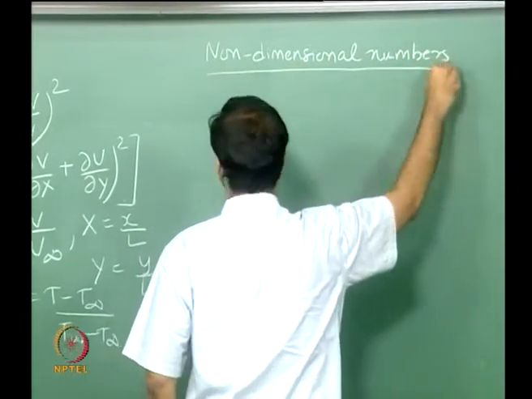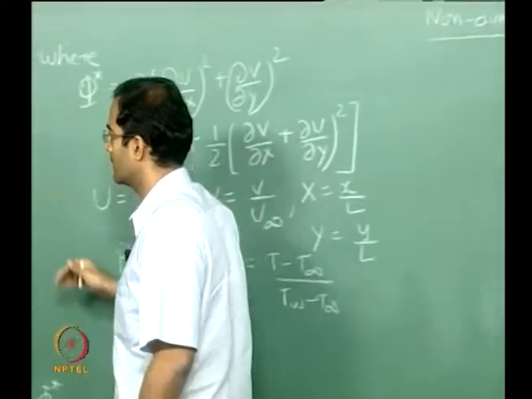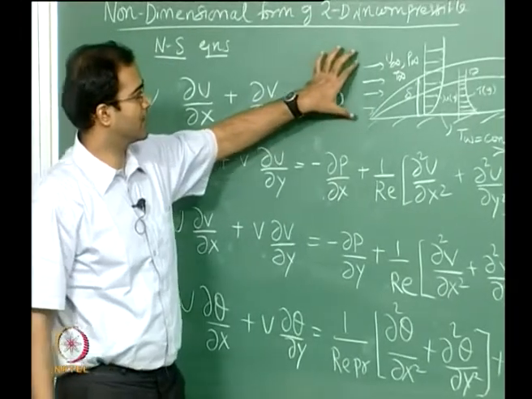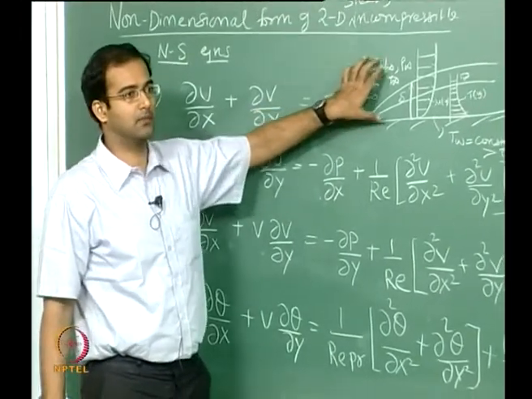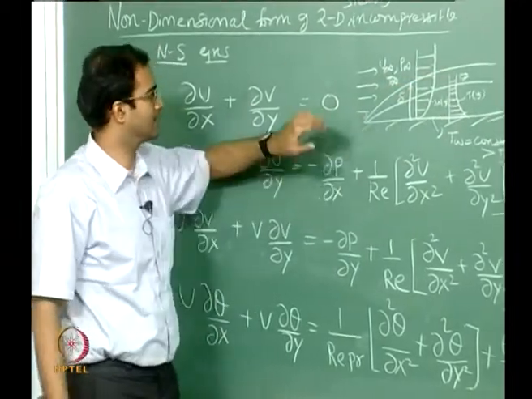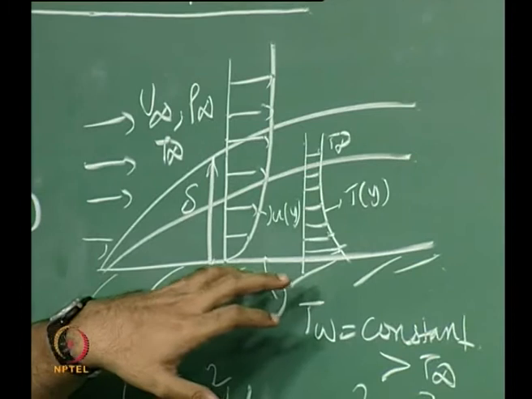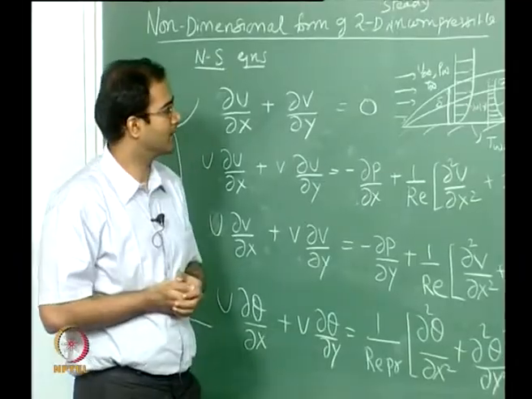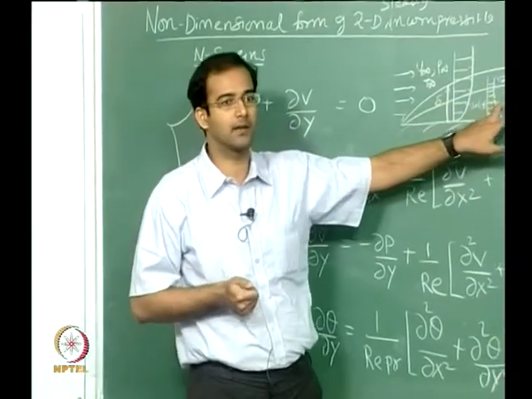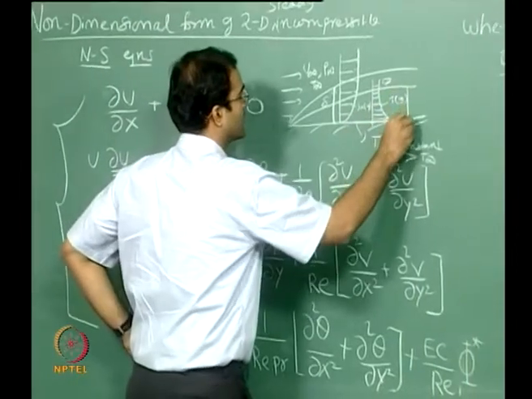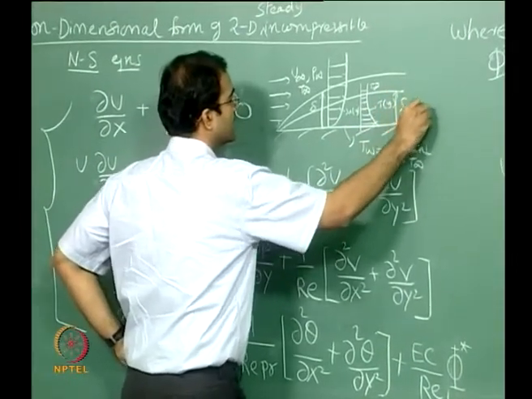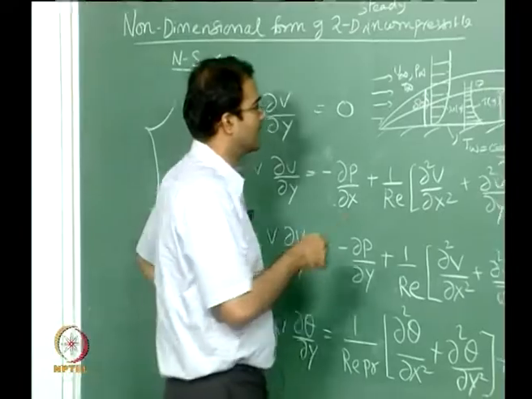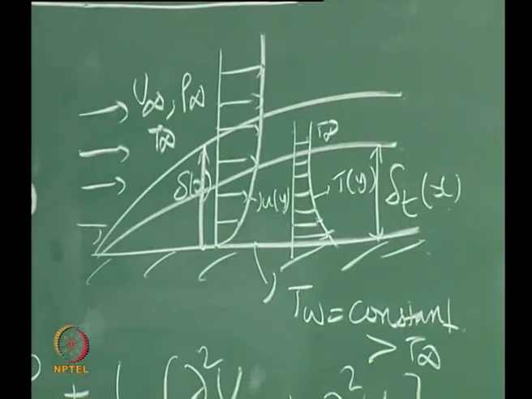For deriving the non-dimensional form, you can consider a flat plate boundary layer, such as what is shown here. You are assuming a free stream velocity which is uniform, not varying along the x direction, and you also have a temperature boundary condition applied to the flat plate. So this will induce a thermal boundary layer developing along with the momentum boundary layer. The thermal boundary layer thickness is delta t, a function of x, and your momentum boundary layer thickness is delta, which is also a function of x. So this is how the velocity and temperature profiles at any location will appear.